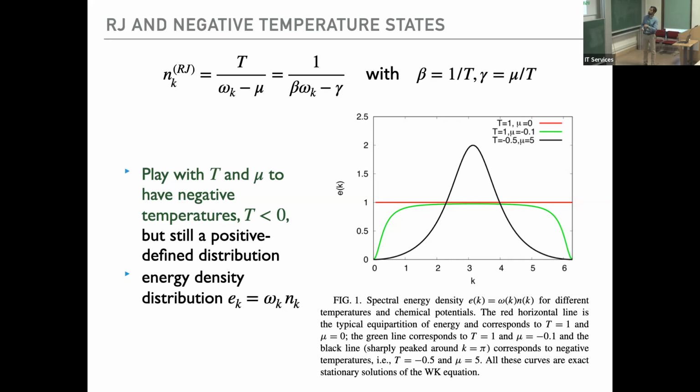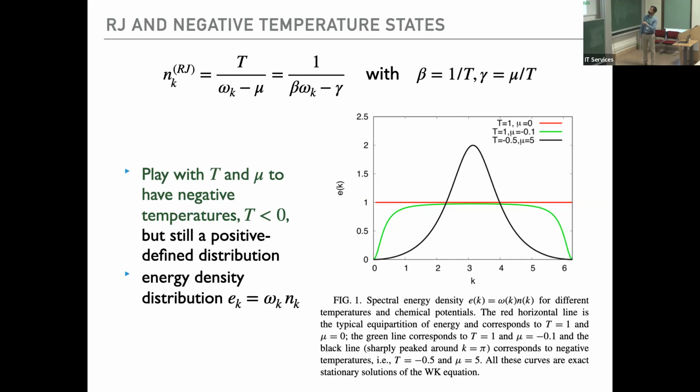So here what I'm plotting is the distribution of the energy per mode of the system. A flat line would say each mode has the same amount of energy as the other, so energy equipartition corresponds to that. We can, for example, still keep the temperature positive, but also increase or decrease, in this convention, the negative chemical potential. So this will be the equilibrium that one would expect.